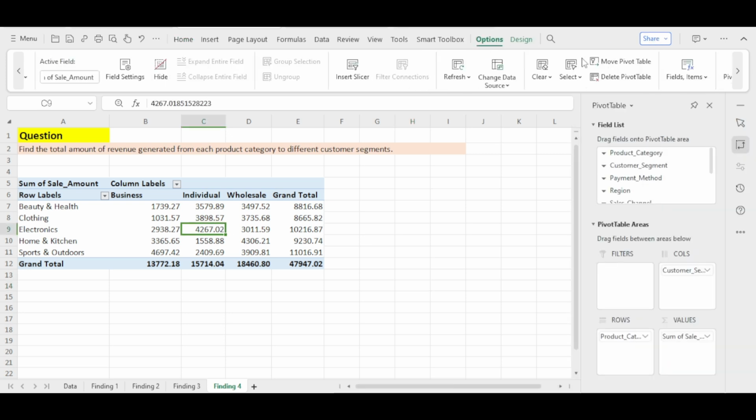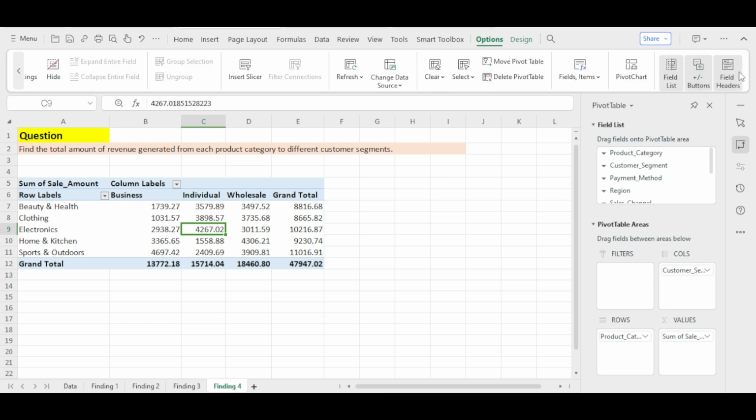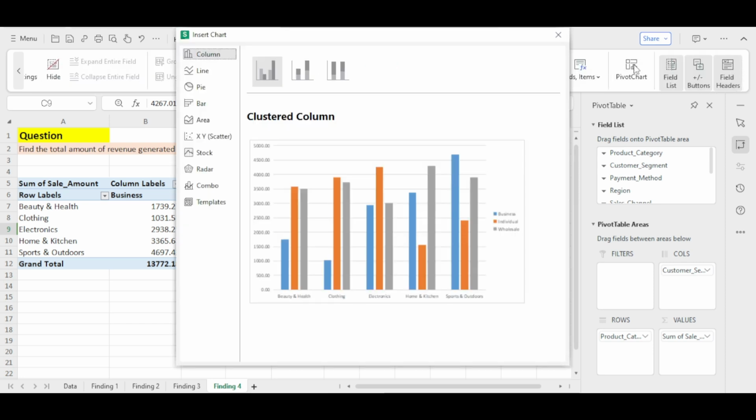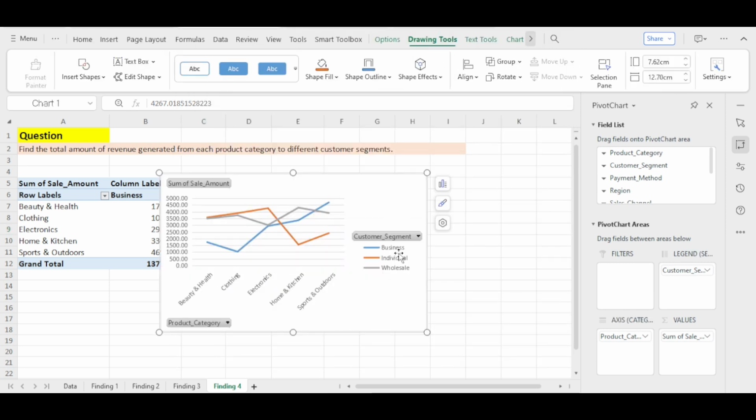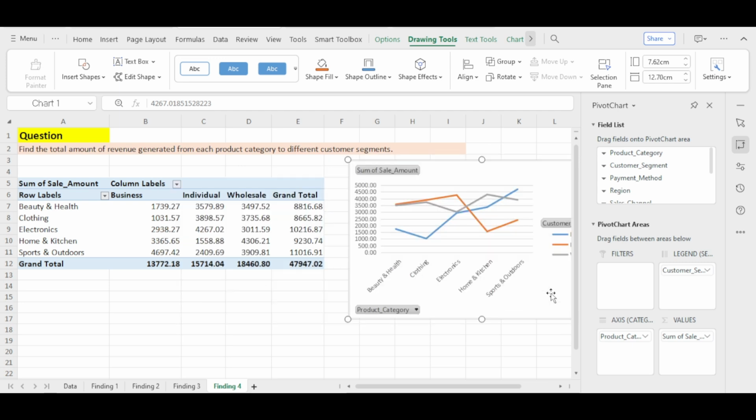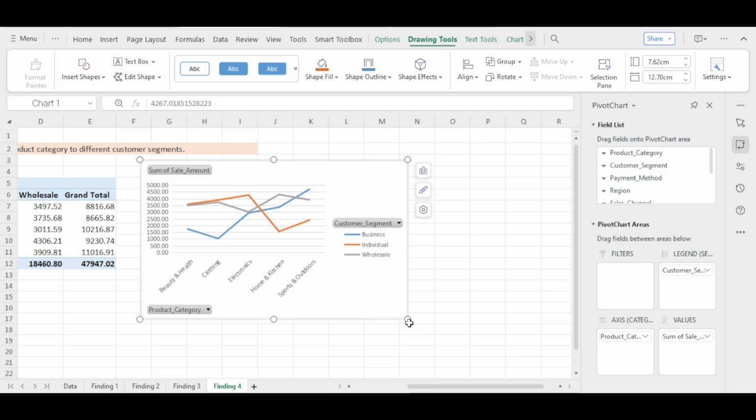Go to the options tab, then select pivot charts. Here it gave us the clustered column chart, but all we want to use here will be the line chart. So we select the line chart,